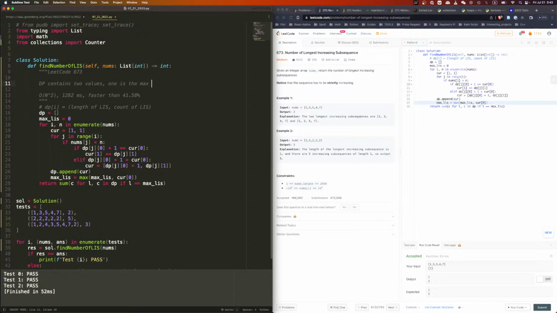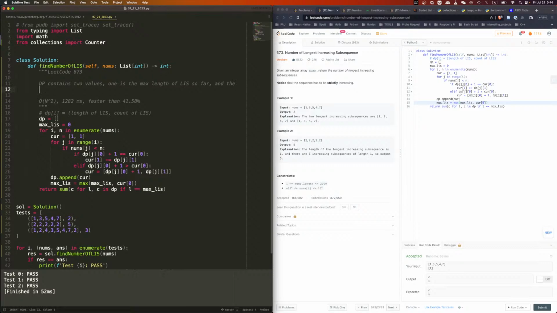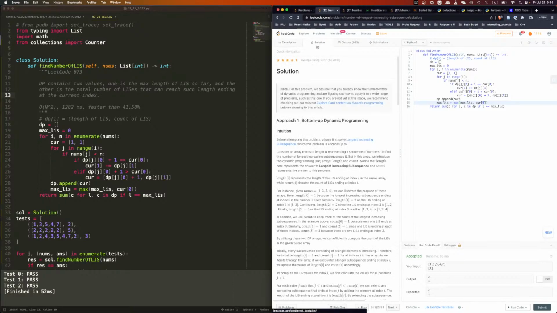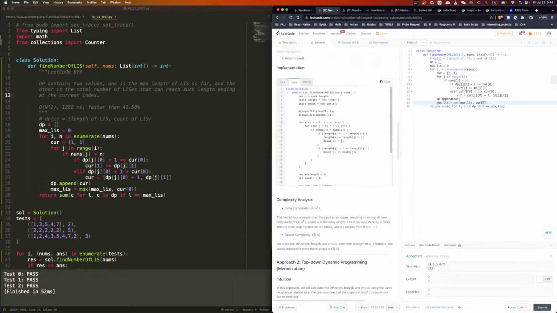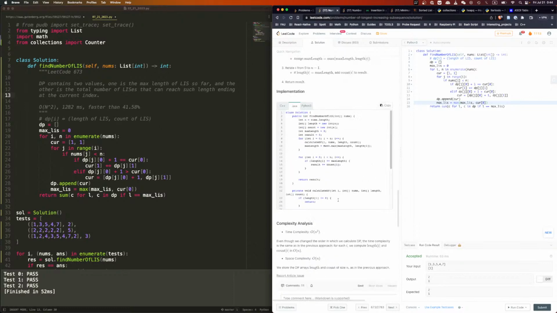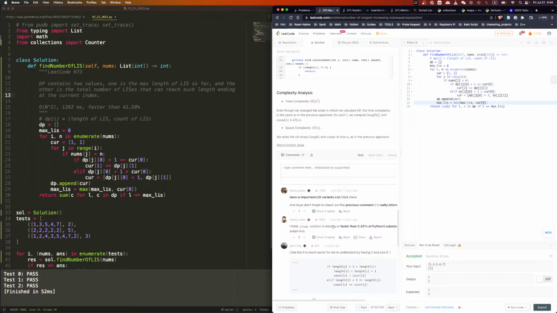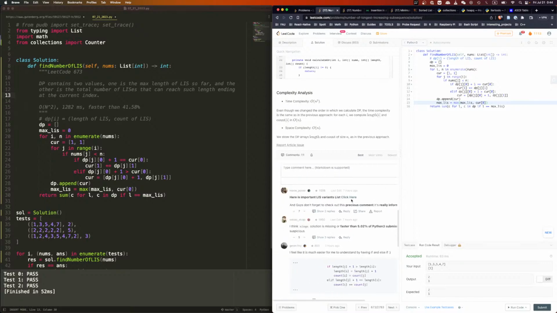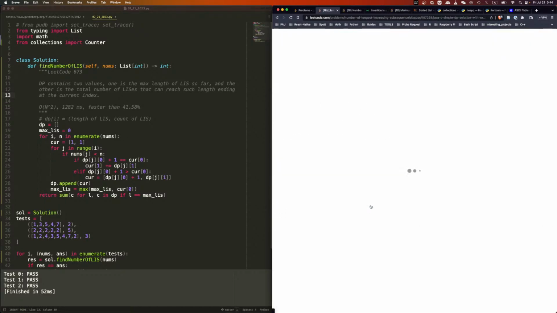One is the max length of LIS so far, and the other is the total number of LISs that can reach such length ending at the current index. Alright, what is the solution? DP O(n) squared, top down O(n) squared. What is this?